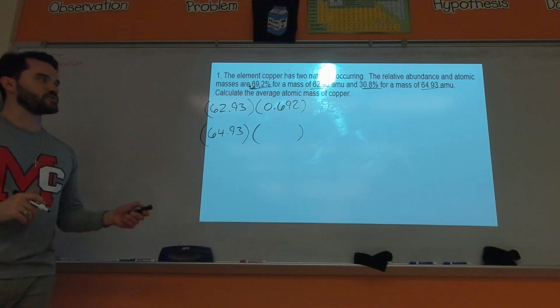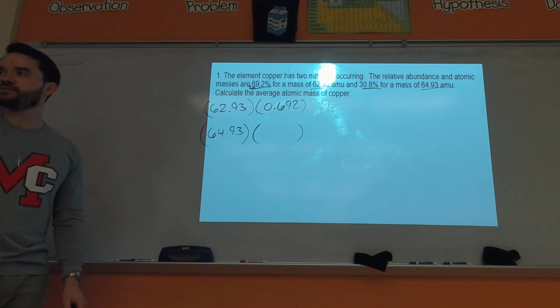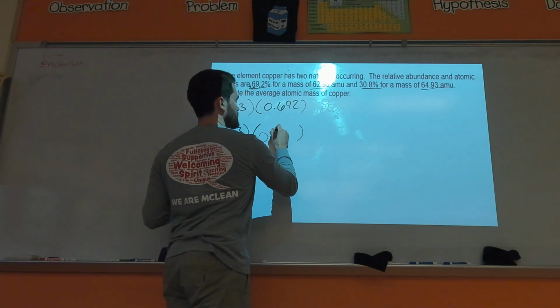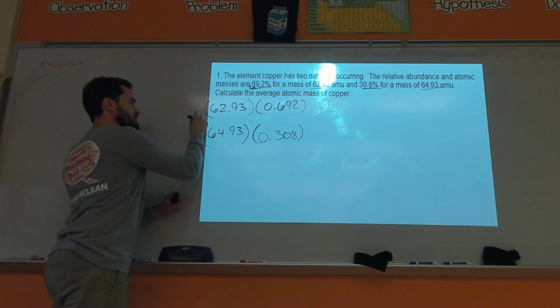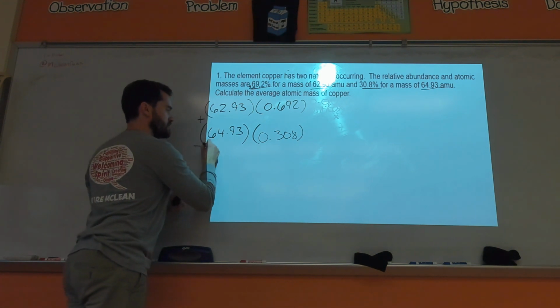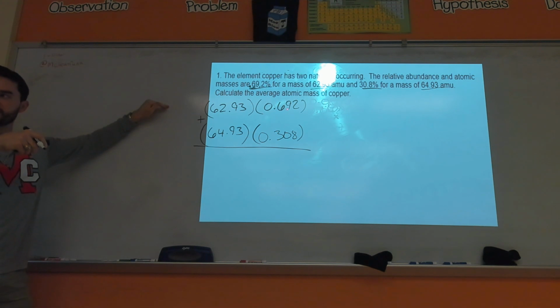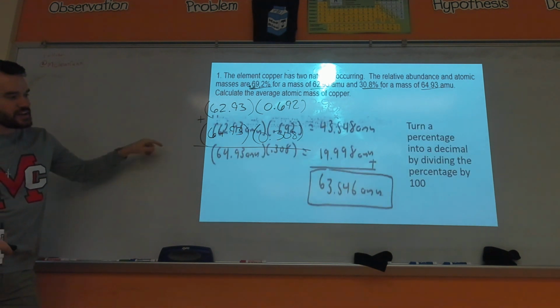What would that be as a decimal? 30.8%. Yeah, 0.308. Okay. So then your answer would be 62.93 times 0.692 plus 64.93 times 0.308. So when you do that, you would get